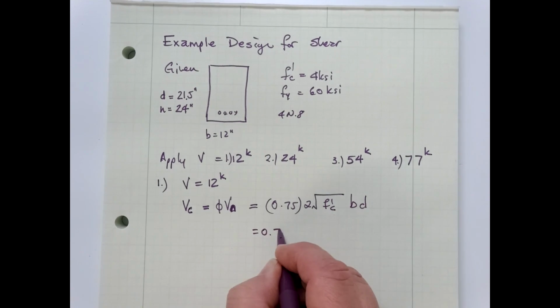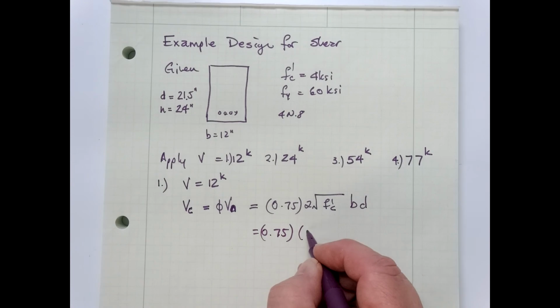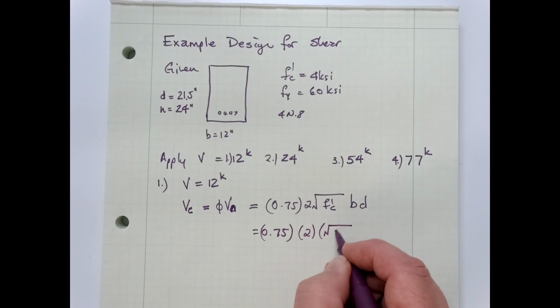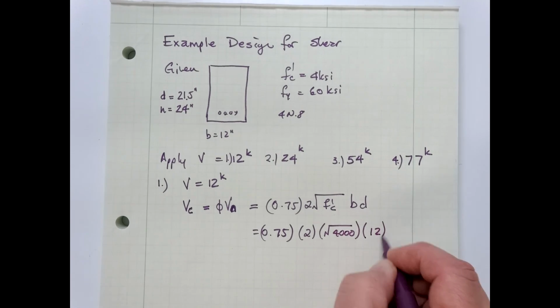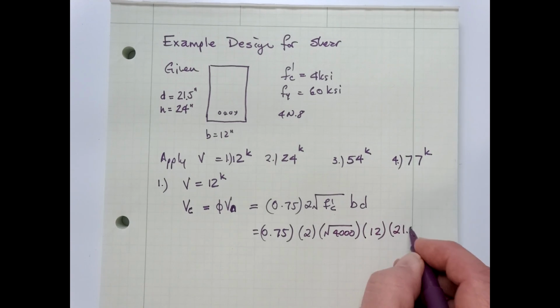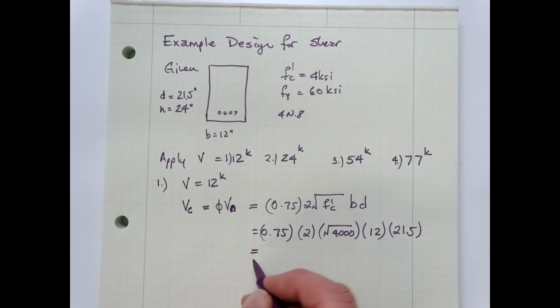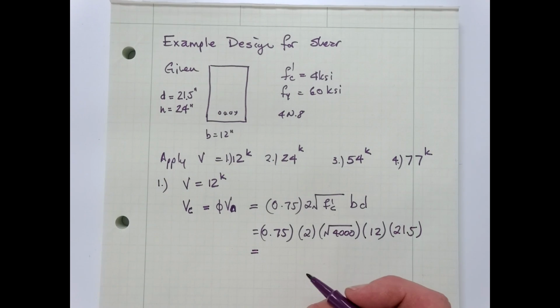So this is 0.75 multiplied by twice square root of 4,000 multiplied by 12 inches, which is B, 21.5 inches, which is D, and this number comes out to be